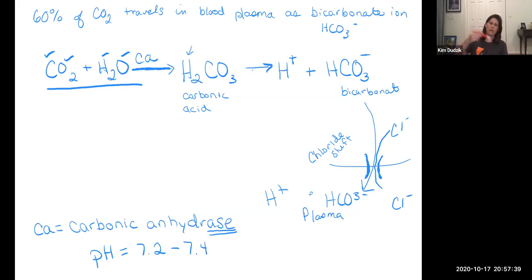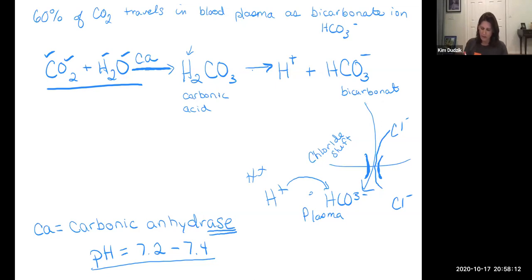And so if more hydrogens start to build up, then our blood pH would go below 7.2 and it could go to 6.9, 6.8. That wouldn't be good, but it doesn't because this hydrogen can get bound by this bicarbonate, and that is what neutralizes our blood. Okay, or puts the pH back to what we consider to be normal. We're a little bit on the basic side. All righty, so that helps, that happens there.